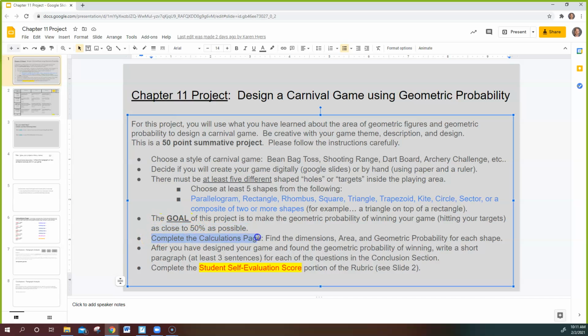All right, so what do we have to do? You'll have to complete a calculations page, which has you find the dimensions, the area, and the geometric probability for each target or shape. And then after you have that, you have to design your game, find the geometric probability of winning, and write a short paragraph, at least 3 sentences, for each of the questions on the conclusion slide down below. And then there is a self-evaluation score. So that's a lot. I think seeing an example